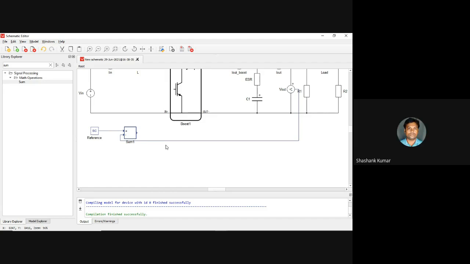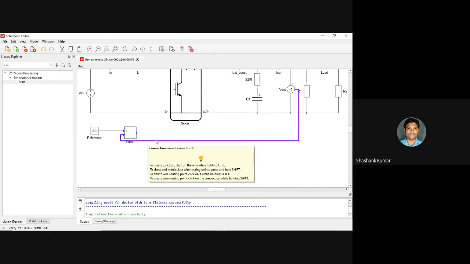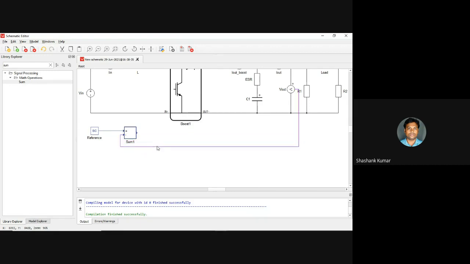Okay, I'd just like to ask one question. How many of you understand what the reference is and what the other signal required is? What do you mean by reference signal? Sir, it is used for comparing with the output signal so that we can eliminate errors.